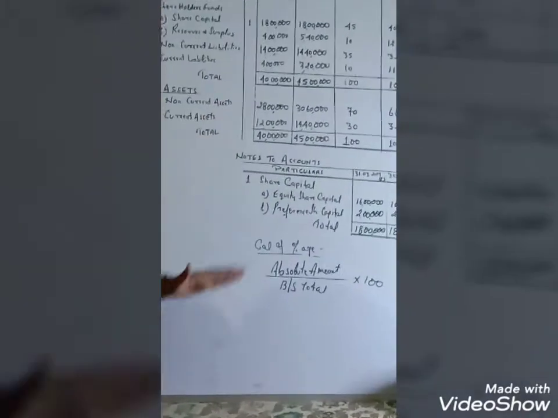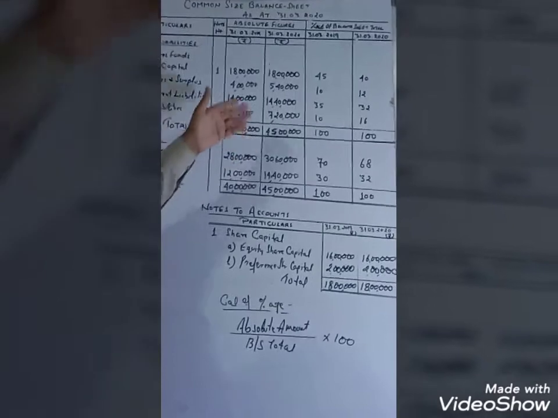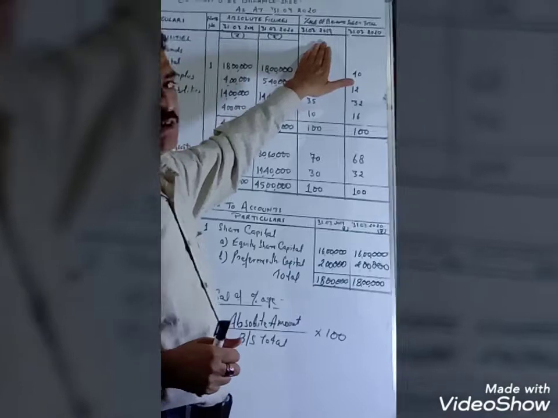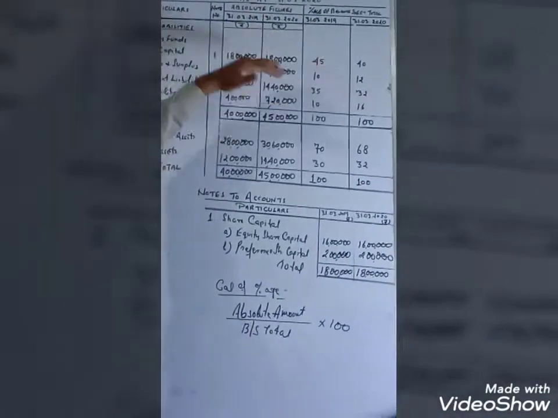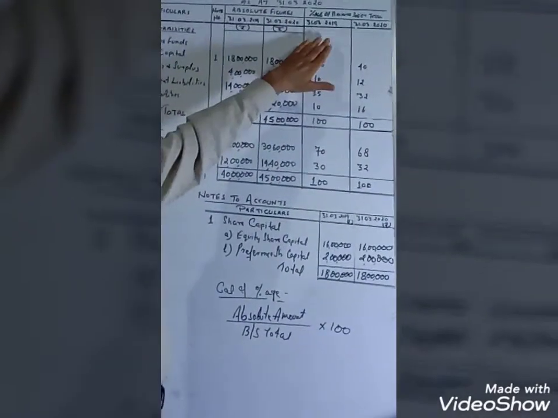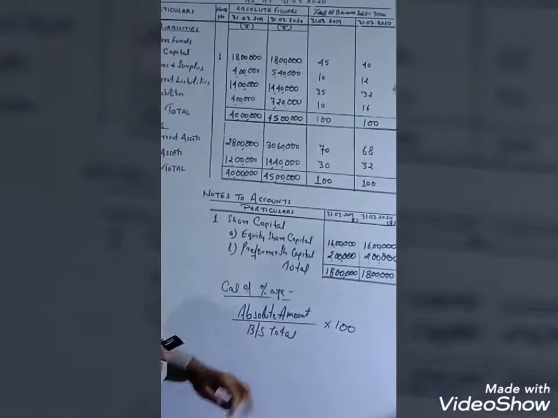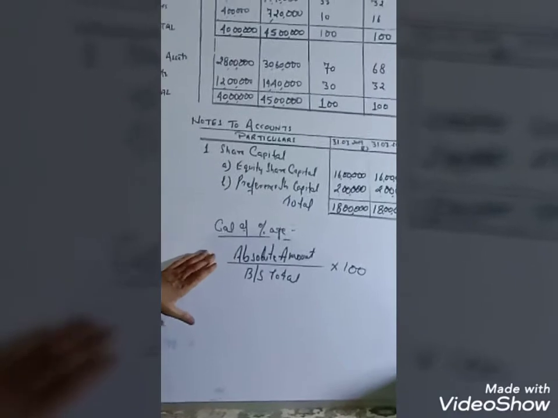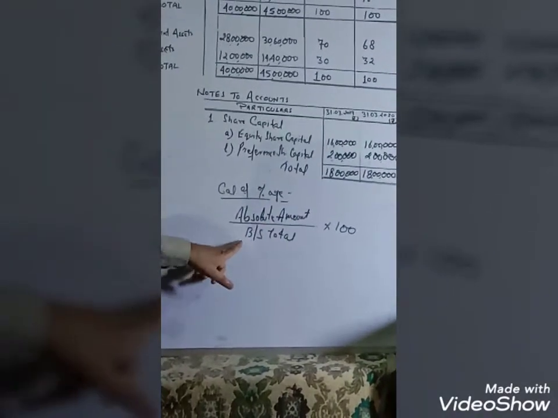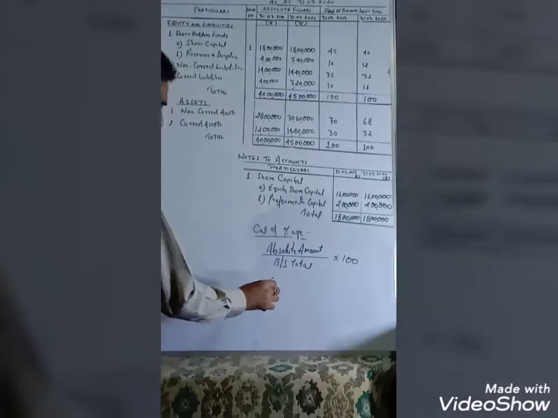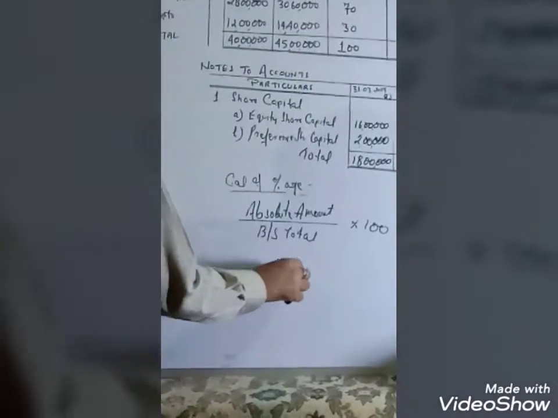Now we have to convert these values, these figures, into percentage. So in the column percentage of balance sheet total for the year 2019, since we have taken the figures for the year 2019 as well as 2020, we have to show the percentage for the year 2019 as well as 2020. So first of all, in the calculation of percentage, the formula is absolute amount divided by balance sheet total multiplied by 100. If we calculate the percentage for the year 2019,